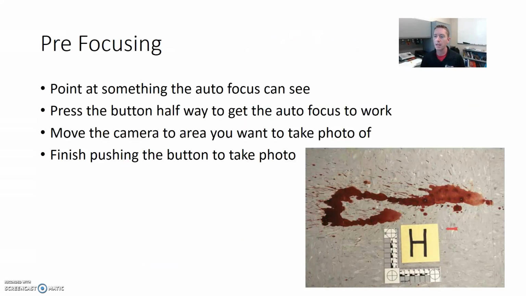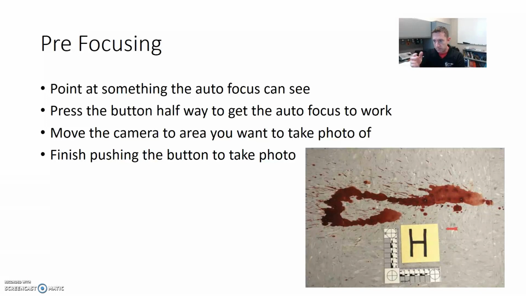Lastly, I want to talk about something called pre-focusing, where there are times when you have hard-to-focus objects. What you need to do on your camera is push the button halfway down and get the camera to beep and tell you that it's in focus. And then you move to what you're trying to take a picture of. So sometimes when you have, say, the spatter on the floor here, the camera can't focus in on the spatter, but it can focus in on, say, this letter H. So you would have the camera pointed at the letter H, you'd focus it, beep, and then you would move